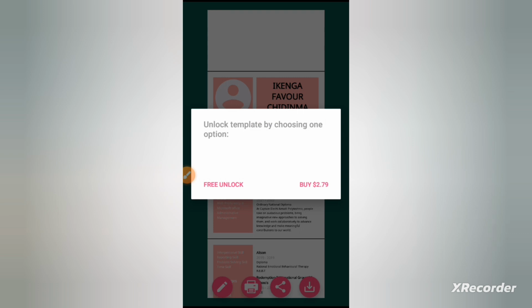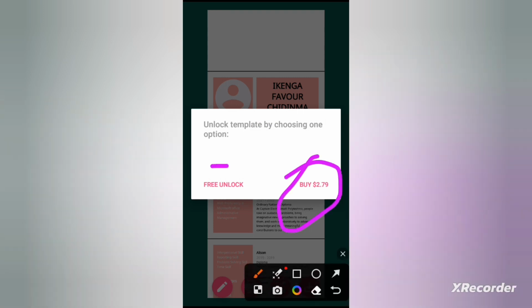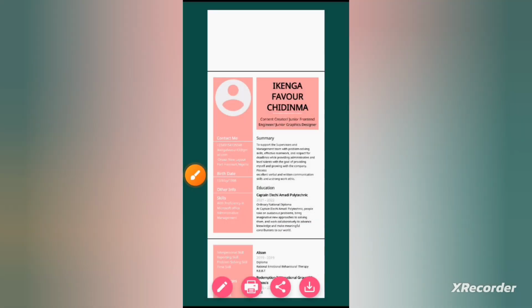Can you see buy for $2 or free unlock? You go for the free unlock. You're on the free plan, you just click on the free unlock. If you have your internet connection, it will show you 3 ads. You have to watch 3 ads. After you watch the 3 ads, you can now download the resume, the CV, or the CV and the cover letter to your phone. Let's go back to